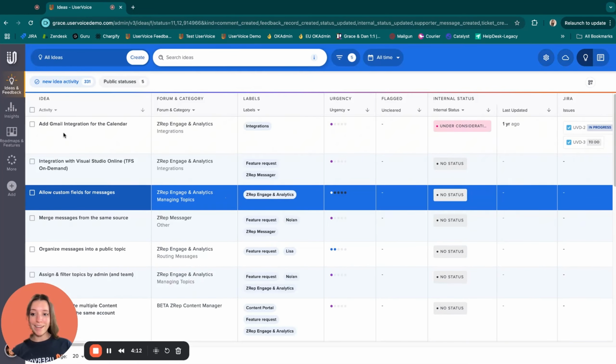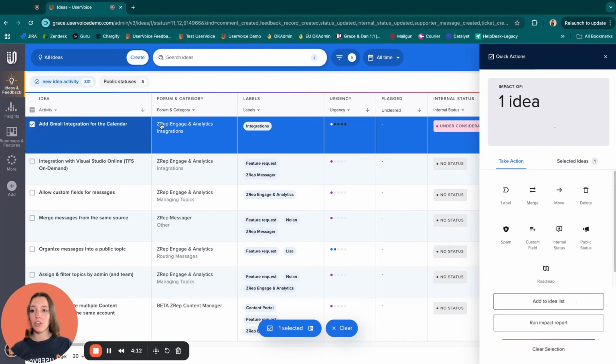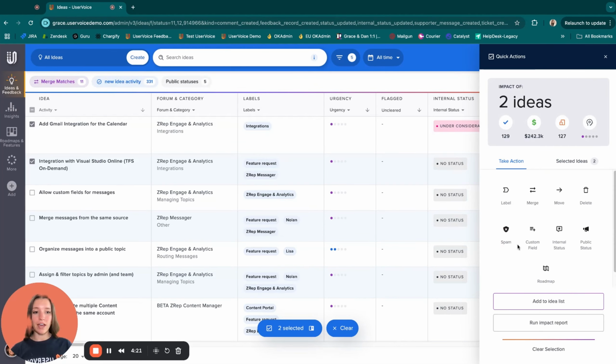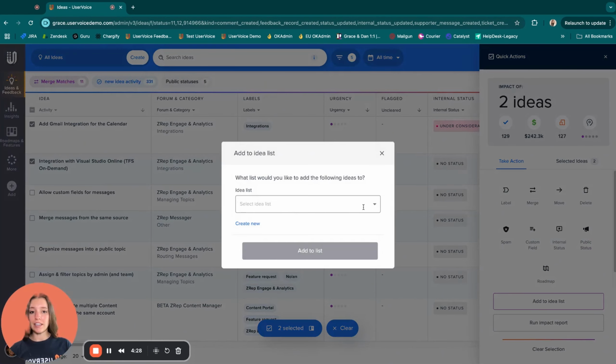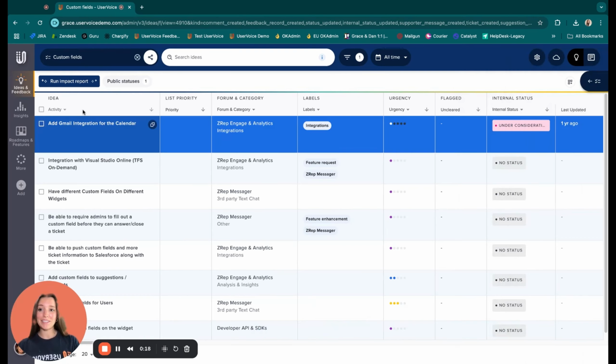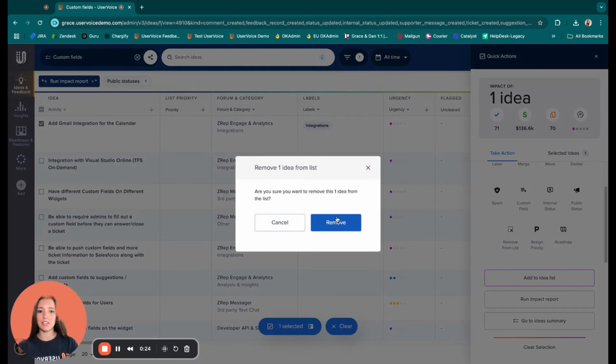So let's talk about adding, removing, and sharing. Adding is going to be very similar to creating the idea list. You can select a couple ideas from wherever you're at, use this Quick Actions menu, and go to Add to Idea List, and then you'll have the option to select the idea list that you have created. Need to remove an idea from a list? Select the idea that you'd like to remove. The Quick Actions menu will open up, and you can scroll here to Remove from List to remove this idea